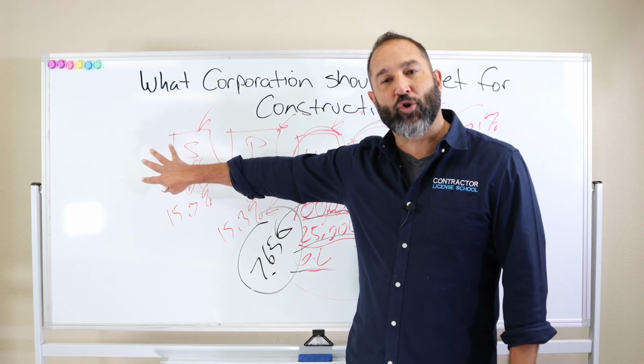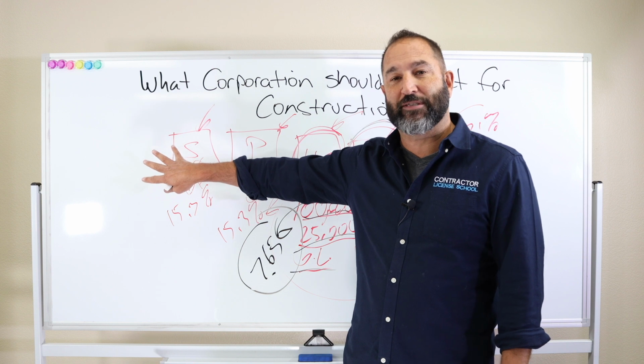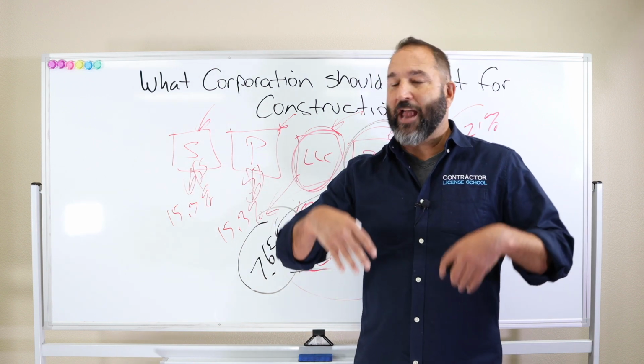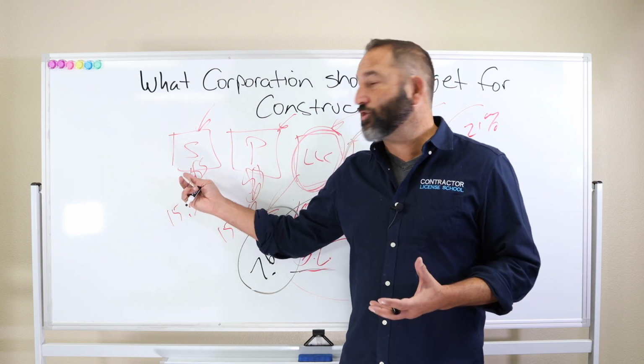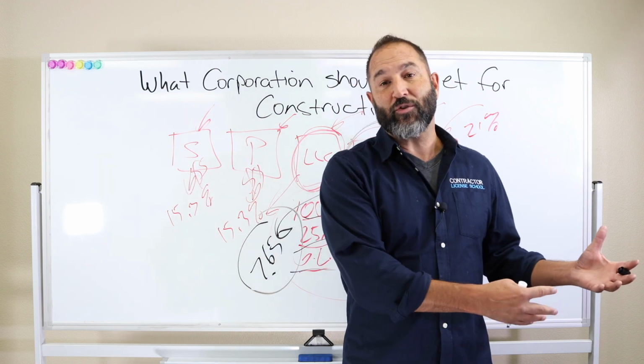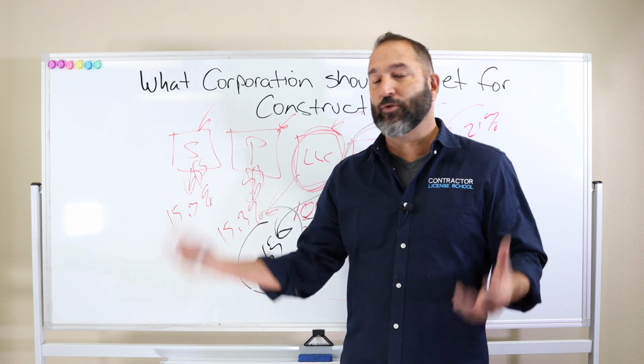Now, of course, we know that sole proprietorships are basically the most dangerous. You set up your business and you don't have any asset protection. Your home's not protected because this is based on your Social Security. So if your business goes bad, then you lose your home, you lose everything.